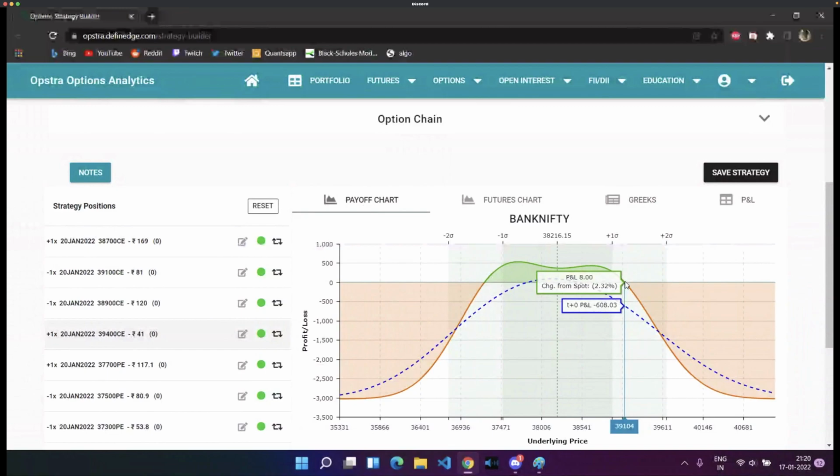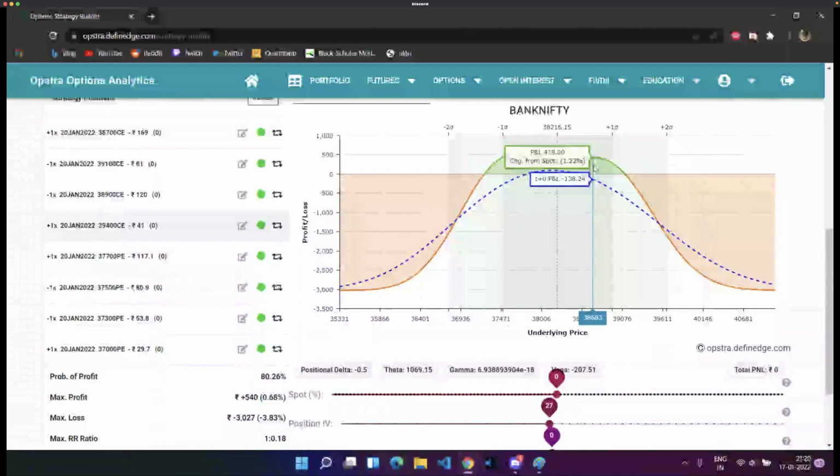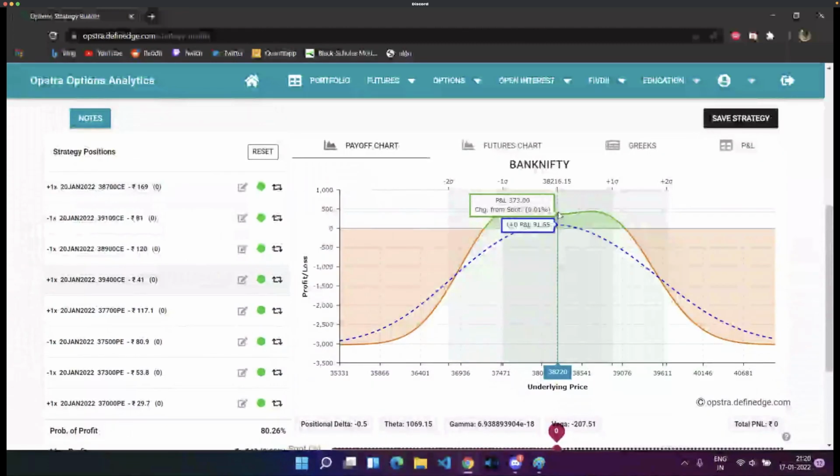Yeah, that's a 1900 point range for your Wednesday. So that's a good part. Only thing is the PNL is not that attractive. It's less than 1% maximum. It's just that you'll be able to exit in profit. So that's a good part about it. But